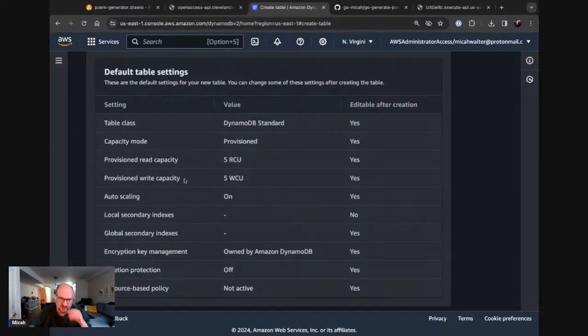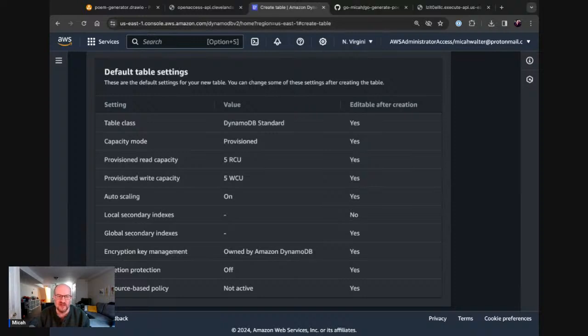And so that's an interesting thing about DynamoDB: you have two ways of dealing with capacity. It's basically two different ways to pay for DynamoDB. One is on demand, which means you pay as you go. So for every request you make to DynamoDB, it'll calculate how much read and write capacity it wants you to use.